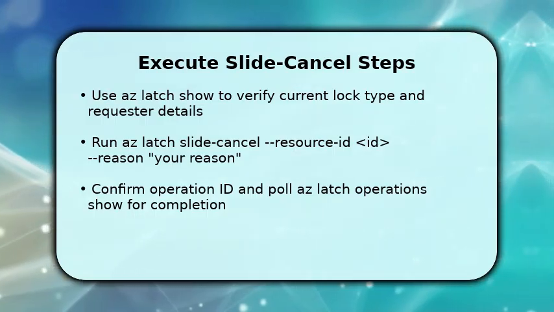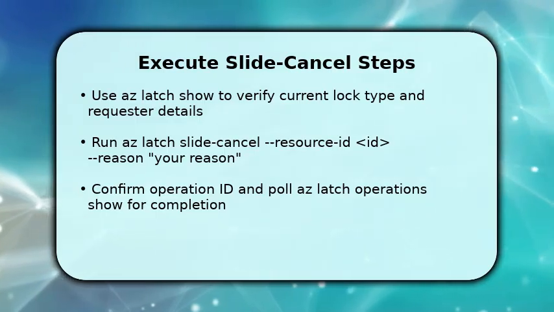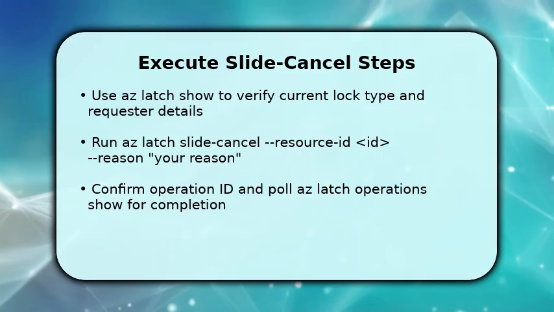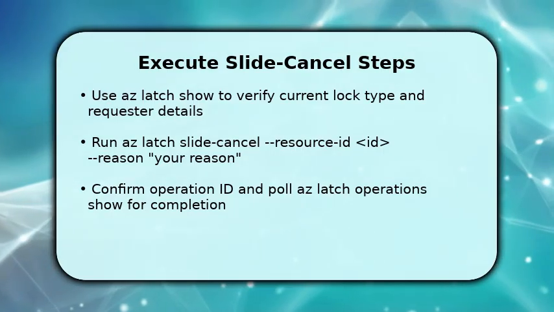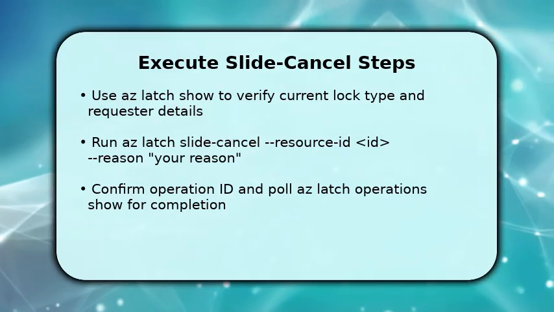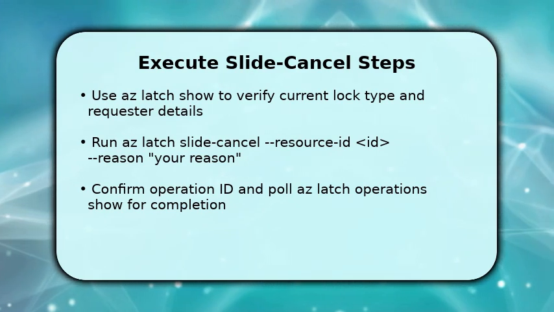Then execute az latch slide cancel with the resource ID and a clear reason. After submission, capture the operation ID and poll az latch operations show until status is succeeded. If you prefer the portal, navigate to the resource's latch pane and choose slide cancel, provide justification, and submit while monitoring